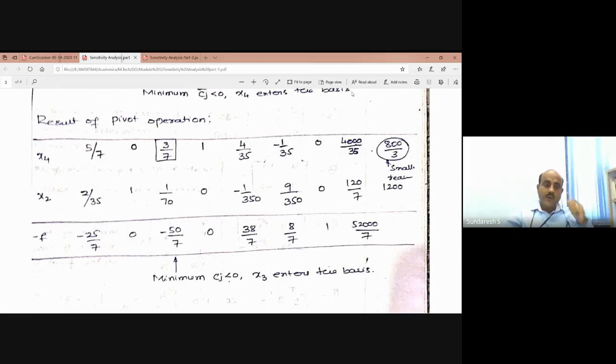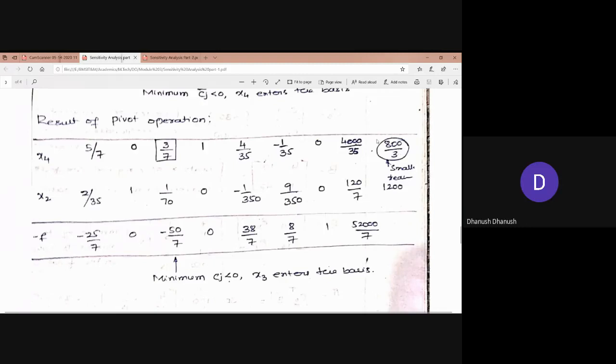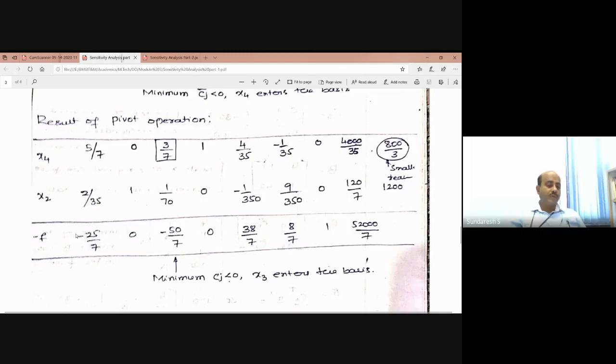Were you able to get the X4 row? Yes, sir. All the values correctly till bi. Don't go for the last row, last column, so till bi. Coming to f, the cost coefficient values, you could complete that also. Don't hurry. Do it very carefully, because the possibilities of making mistakes are more here. Don't make mistakes.